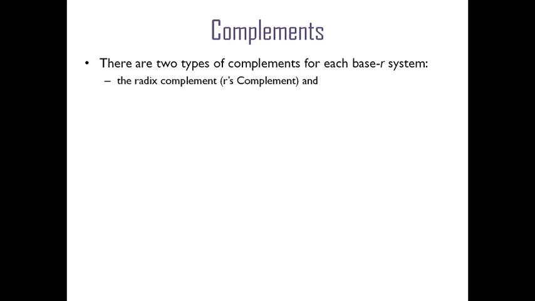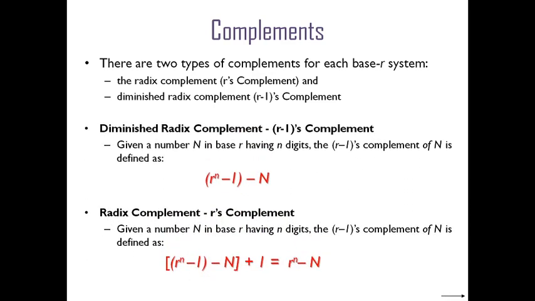Those are radix complement and the second one is diminished radix complement. The radix complement is also called R's complement, and the diminished radix complement is also called R minus 1's complement. If you want to define the R minus 1's complement, it is defined as